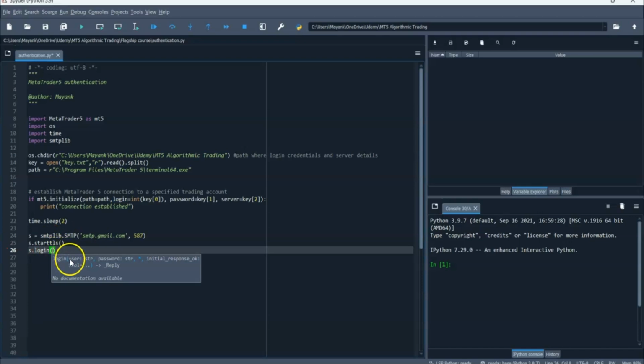So obviously, you will have to provide your Gmail ID and then your password. The thing is that your regular password will not work in this case. You will have to provide an app password, and I'll tell you in a bit how to get your app password. But here you will have to give your email